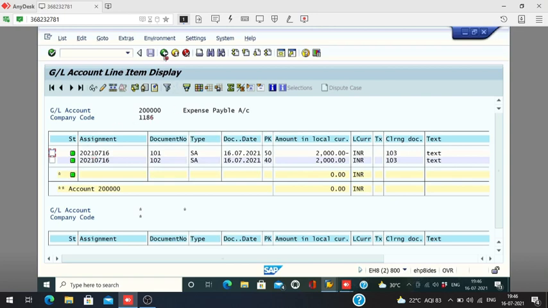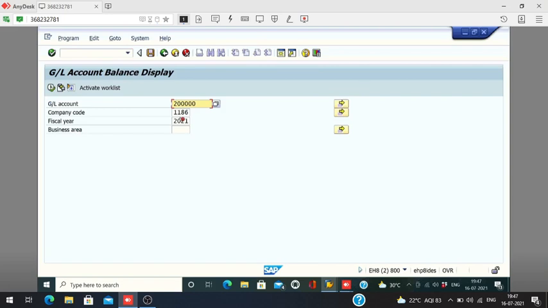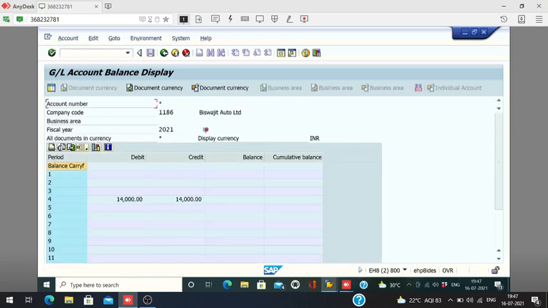So what I learned today: what is document type, what is GL account, how to post in SAP, and how to check the report, how to see the report. If I put star here, all GLs will come. How to check the balance sheet, trial balance, you can say that.